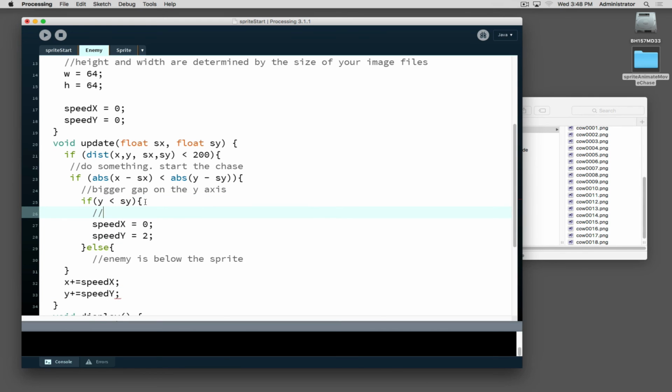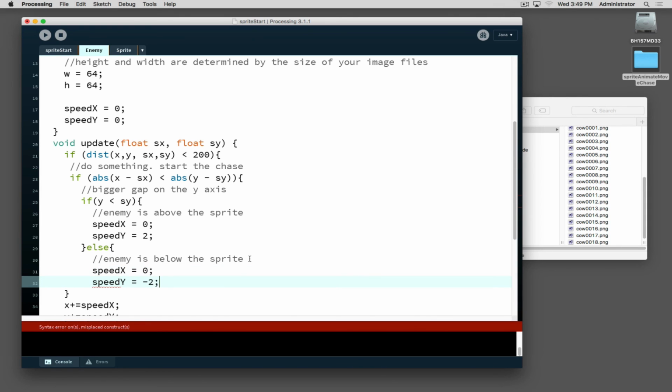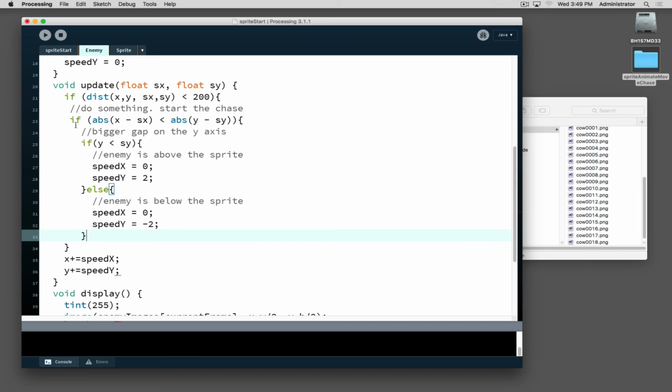When doing these different calculations like this, it's really useful to have the comment so you can keep track of what your if statements and what values you're thinking of. Is above the sprite. Now speed x is equal to 0 again, and speed y is equal to negative 2, meaning I want it to go up. So if the gap is bigger on the y-axis, then we close the gap on the y-axis. Otherwise,